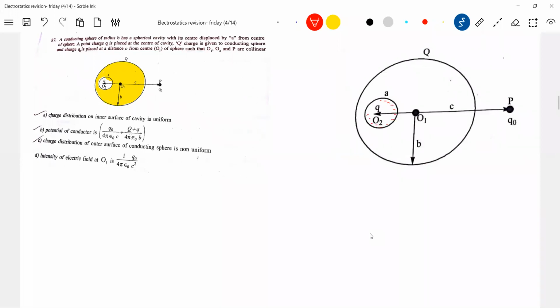Let me indicate all the things. How much of this charge? Minus Q. Then it will induce charge plus Q. So on the outer surface, what is the charge? It will be plus Q, and Q naught is also kept, plus Q naught. So it will induce charge. So what can it be? Minus Q naught, plus Q naught will be induced. So here the charge distribution, I'll put it. You should not show it to be uniform.